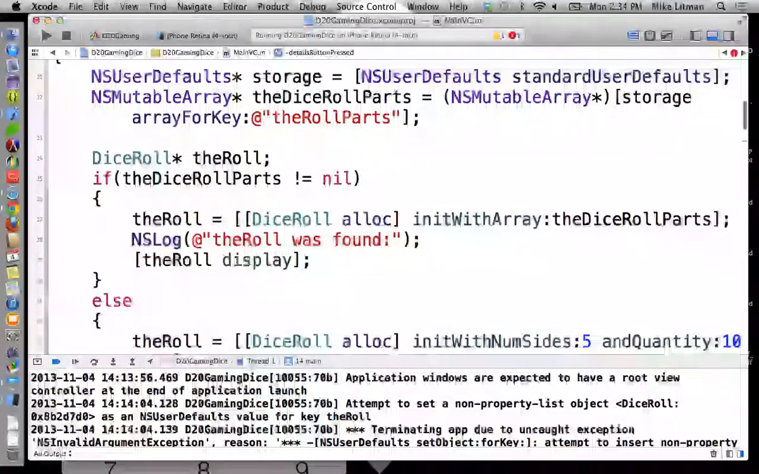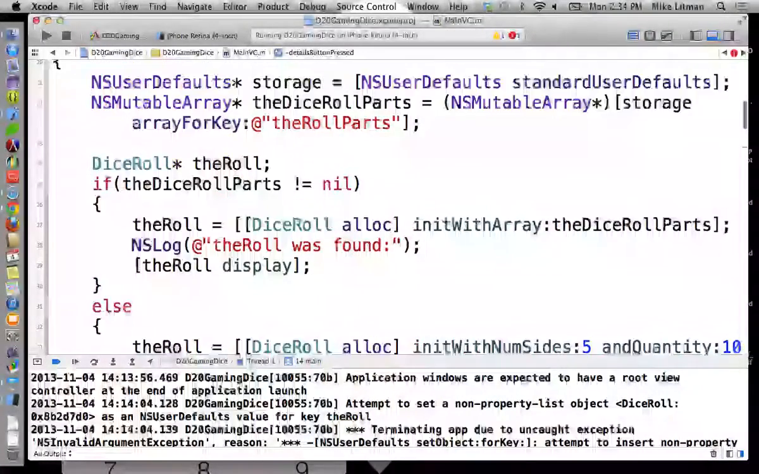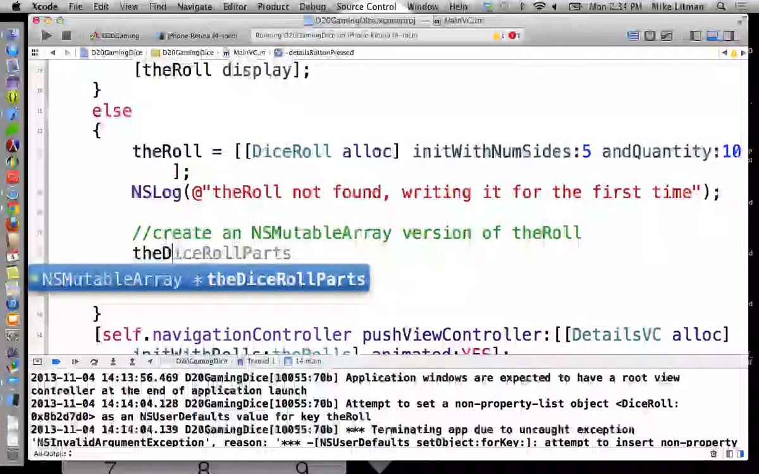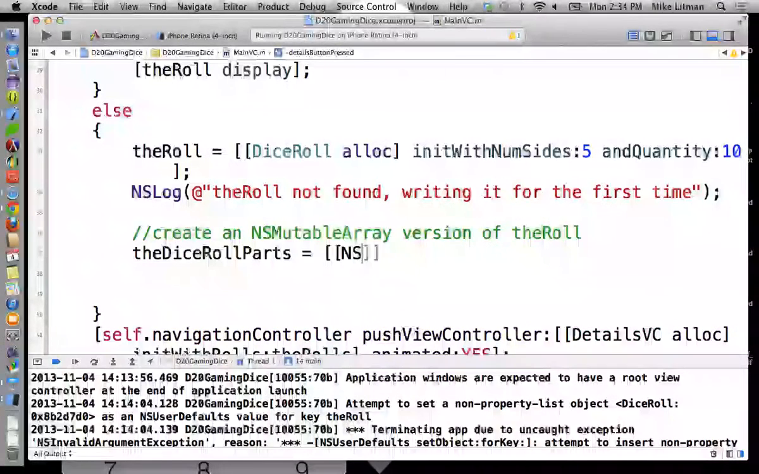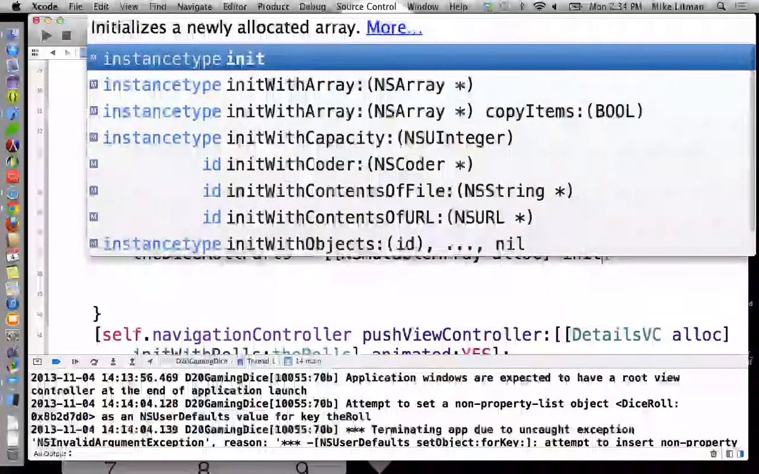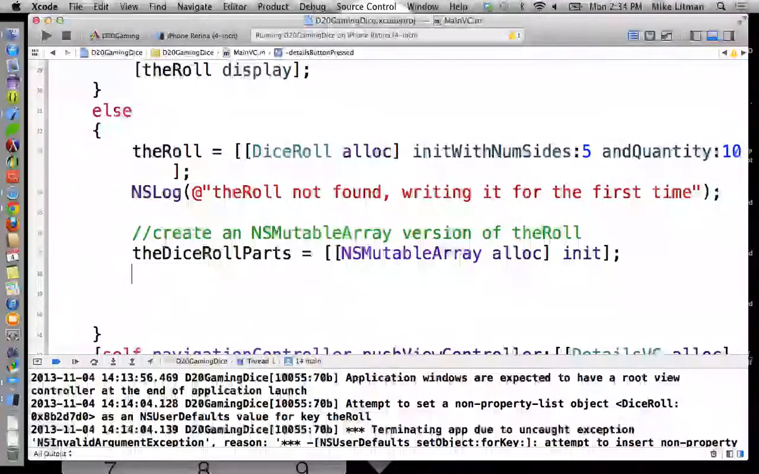Actually, I already have an array, don't I? It's called the dice roll parts. Might as well use it. I'm only in here if it's empty, right? The dice roll parts is equal to NSMutableArray alloc init. Dice roll parts,